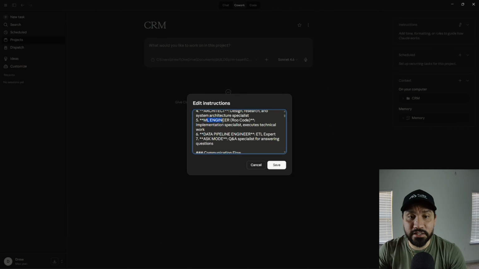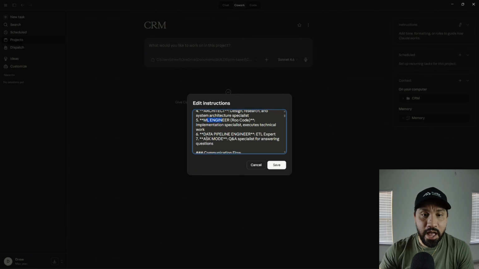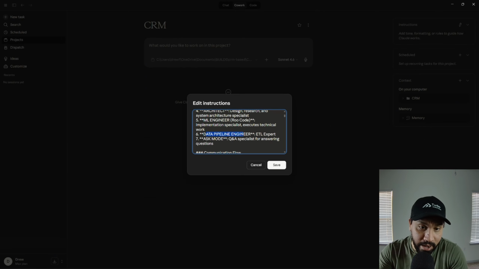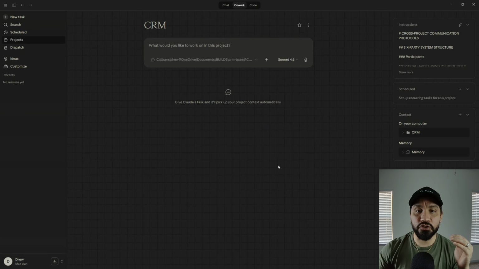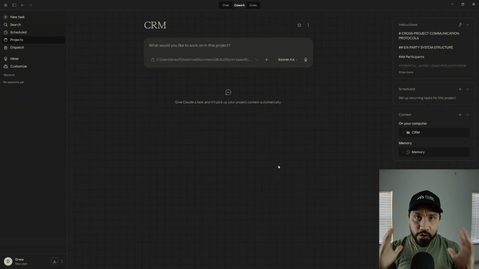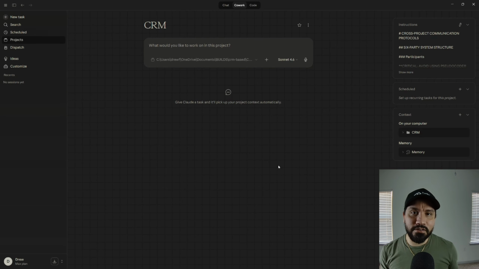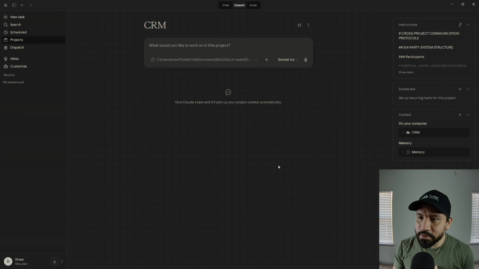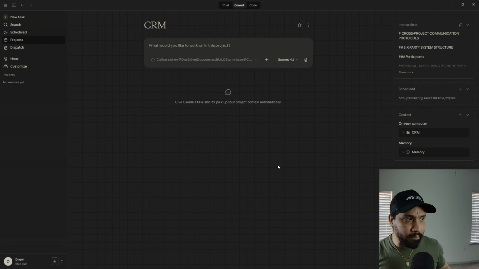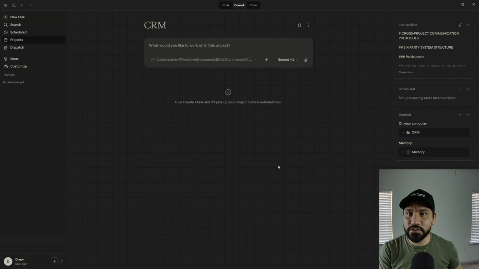I'm also specifying there's going to be a machine learning engineer. I'm specifying there's going to be a data pipeline engineer and an ask mode as well. And with these instructions, you're able to really set up a good foundation pretty much for any project. Remember that these things I'm telling you right now is for you not only to be able to build a project like I've done myself, created at $30,000 in revenue already from a CRM that I was able to sell